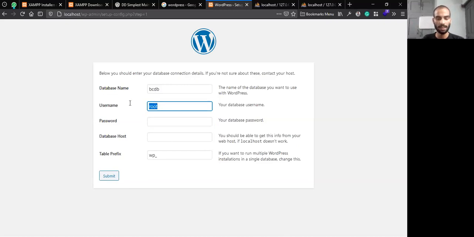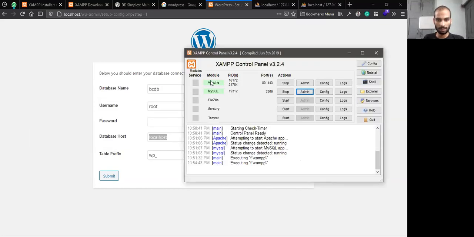So right now we have to provide the database name, the username, which is root, and the password, which is nothing. The database host is localhost, and it will be the same in hosting as well. Localhost here means that my database is hosted in the same place where my server is running.